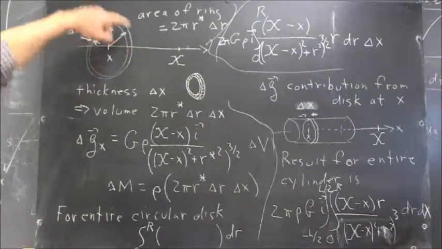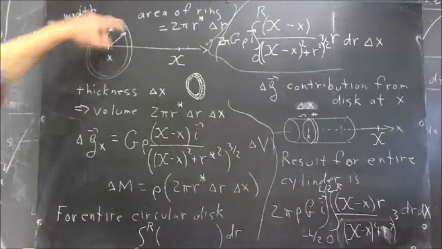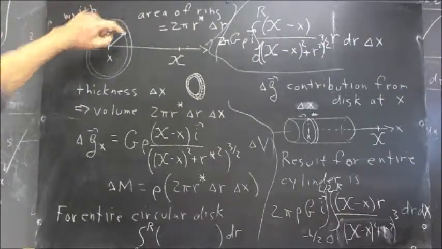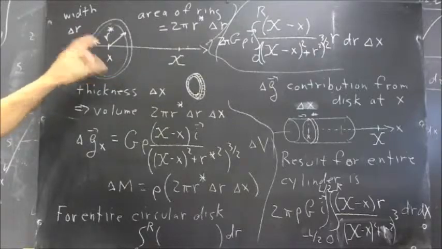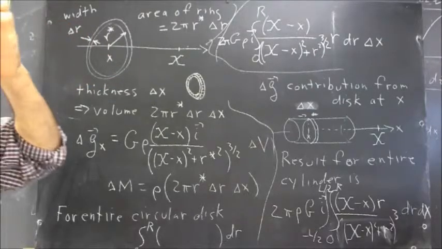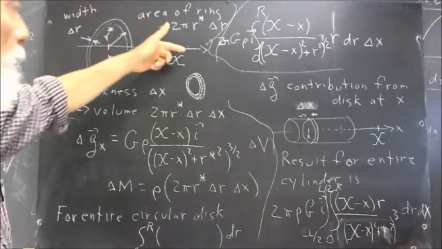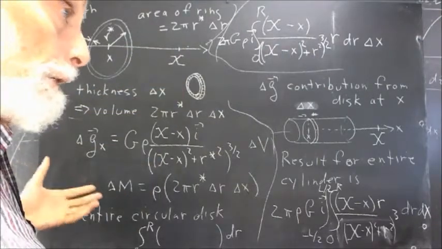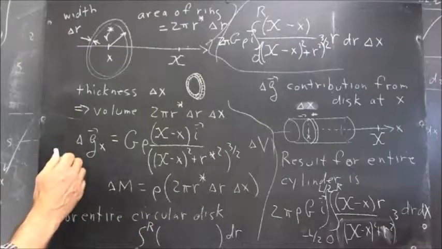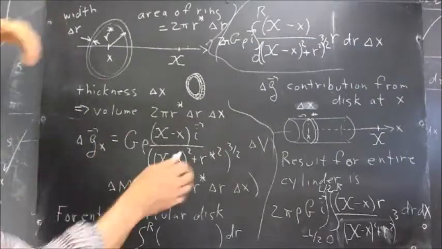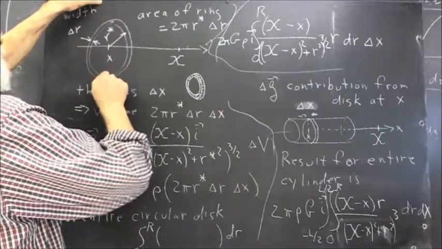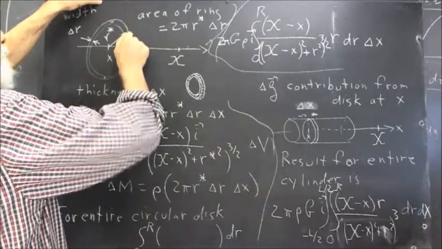So we're talking again about a ring of width delta r, radius r star, at position x along the x-axis, and the contribution to the gravitational field at a point big X. Now I can draw something I really couldn't draw in class because of the lack of resolution. If I just do a bunch of pairs of symmetric points,